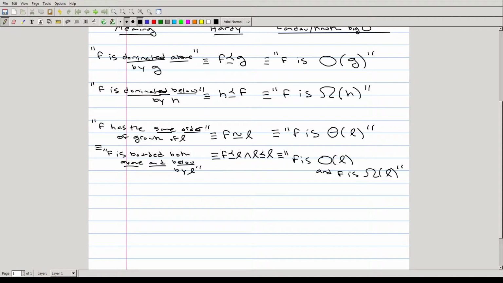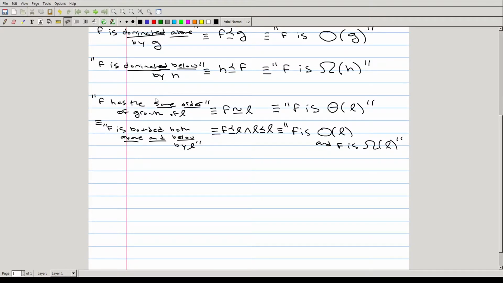So without seeing some specific examples, it might not be clear exactly what we mean by these symbols. We have to first define exactly what we mean, but I wanted to make this table right here for the various notations so that you don't get confused throughout the course of the lecture. I do have one more thing that I want to add to this table,